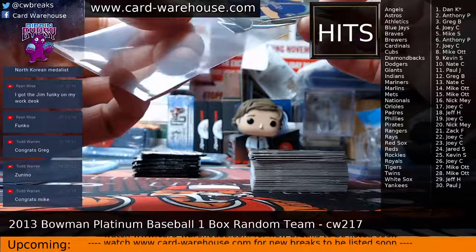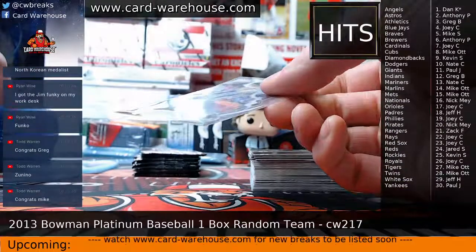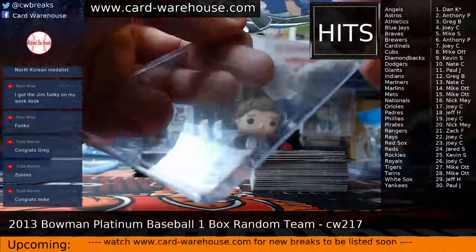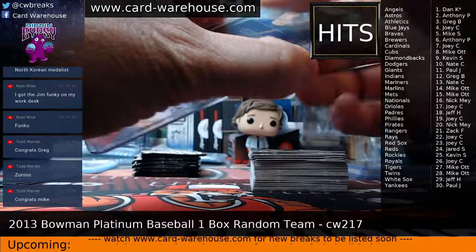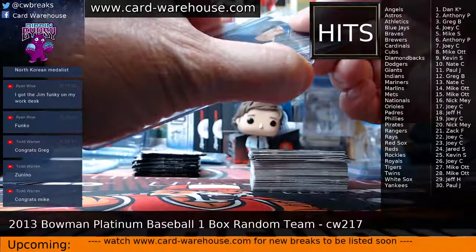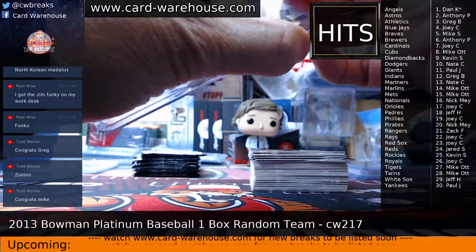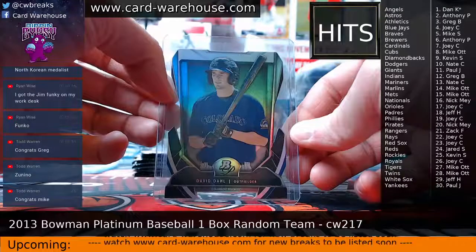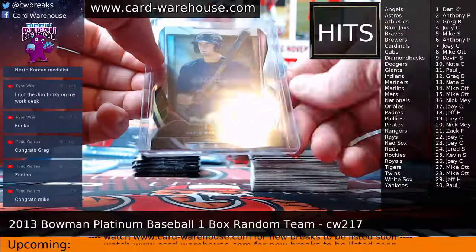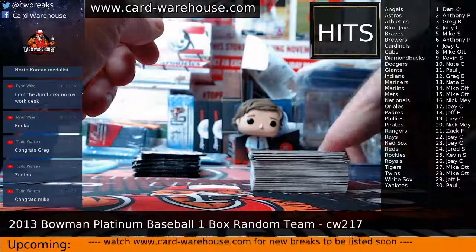I remember in 2019 Topps flagship there were very distinct patterns. I think it was the flagship. We had David Dahl and I forget who else from the Rockies. Every single time, those two cards were right next to each other. And you could see the pattern with all the other cards, so you kind of knew when you were going to pull a Vlad or something else. Anyway, Rockies is